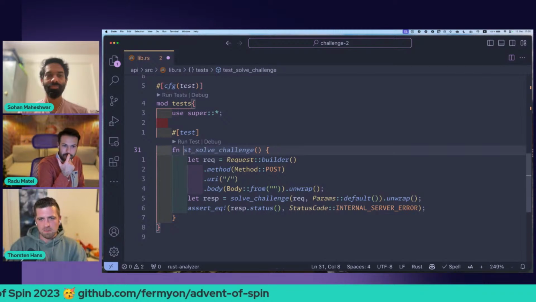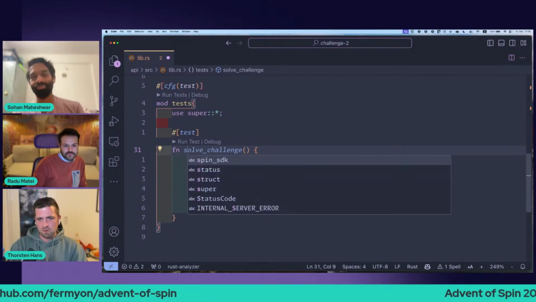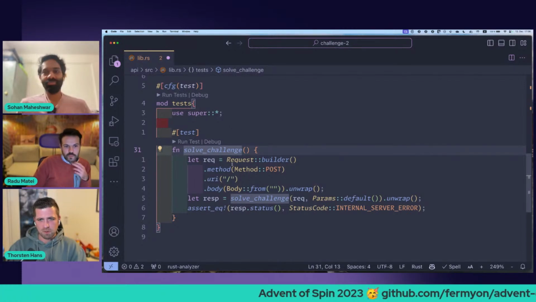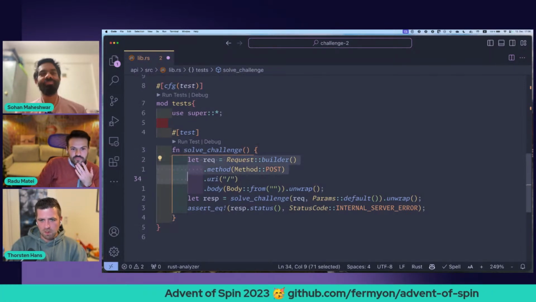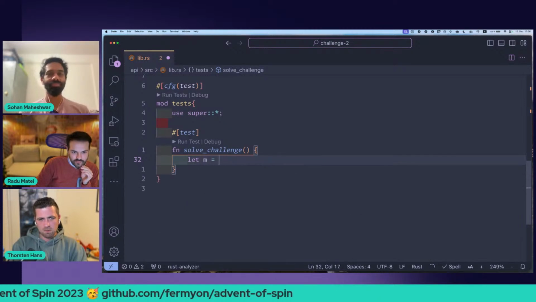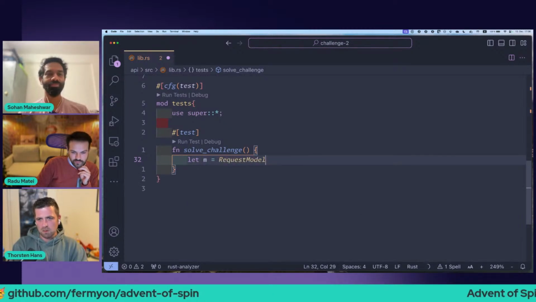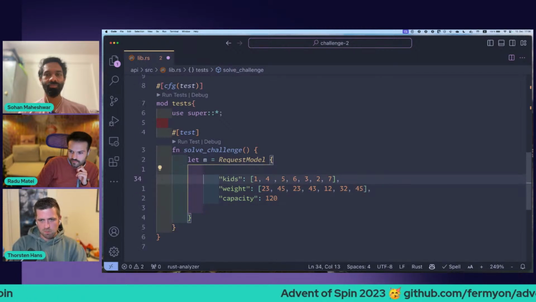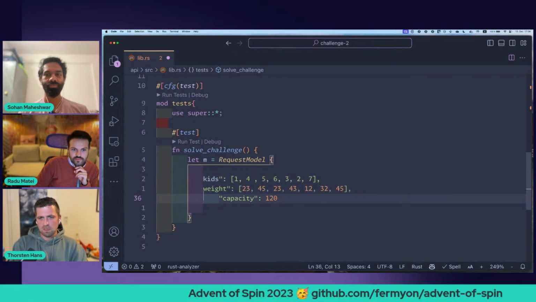So I would come up with a solve, maybe a solve challenge test, that's okay. As the challenge outlines, we will have a request model that pretty much looks like this.